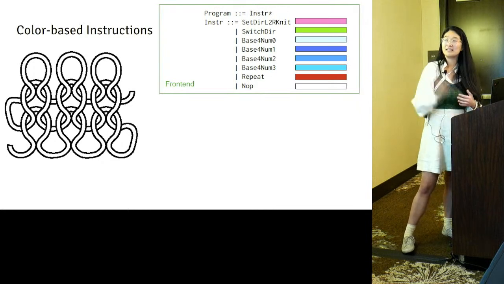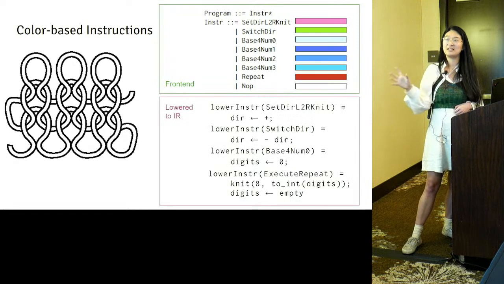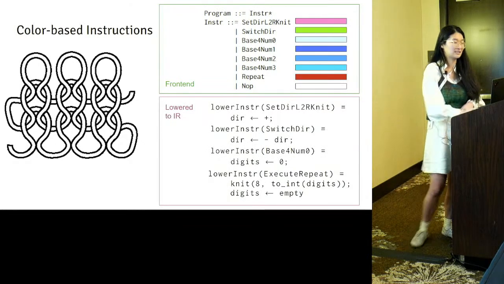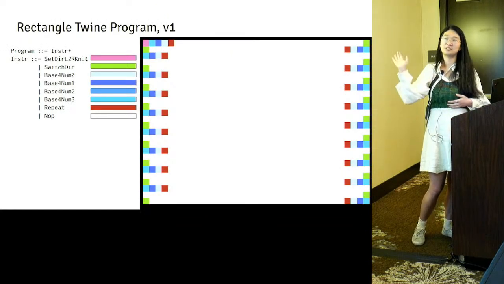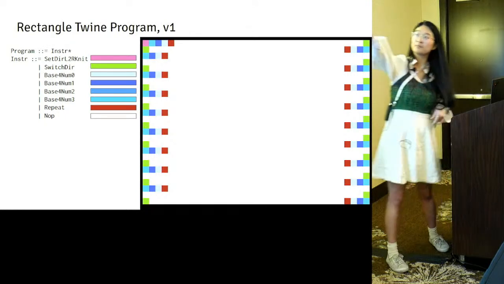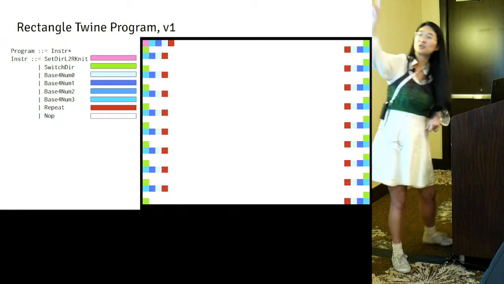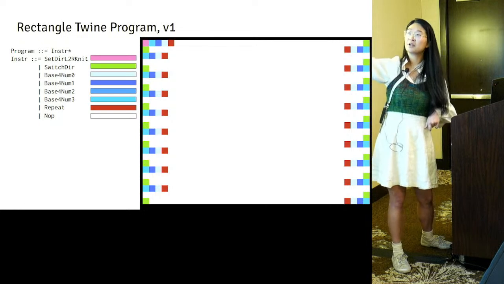In fact, the specification for these really basic front-end instructions is given in an IR that encodes the machine state and the knitting program that's being built up. So let's take a look at what a simple 36-stitch rectangle would look like in this setup. We start here at the top with the pink. We start reading left to right. And then the next stitch over is that teal color, so that's 3. And then we've got 1, and then we've got 0, and then we've got repeat.